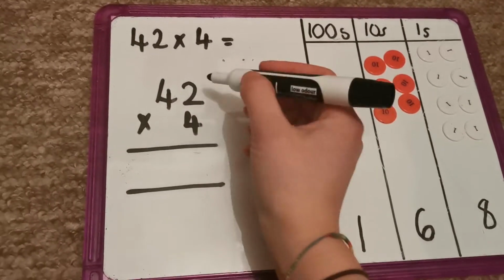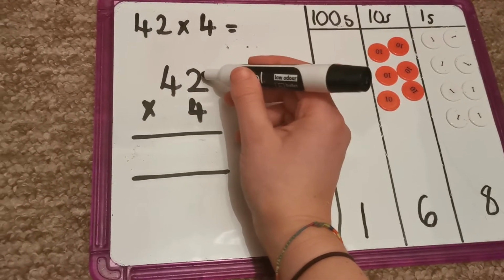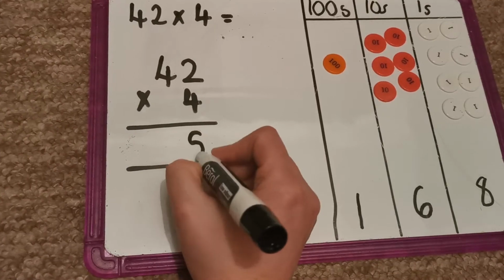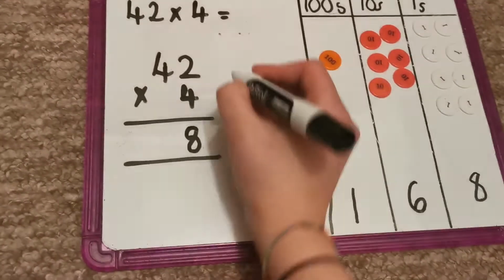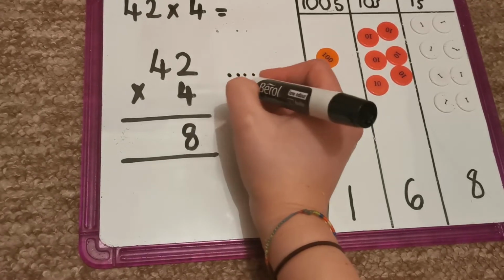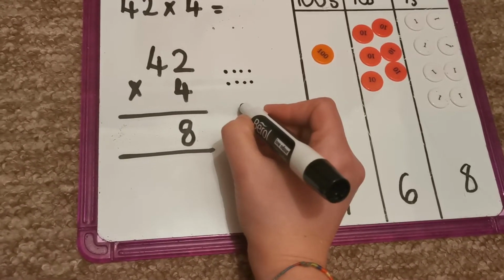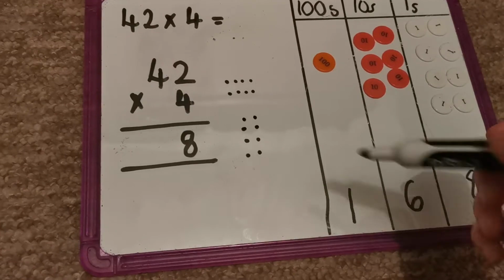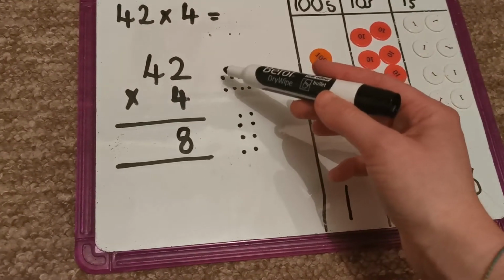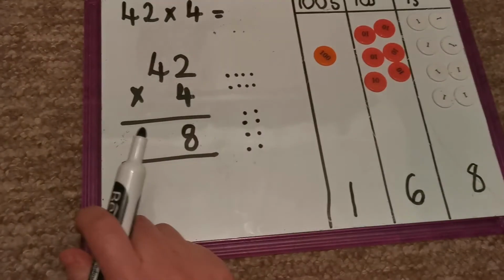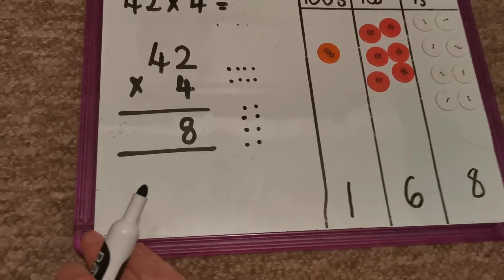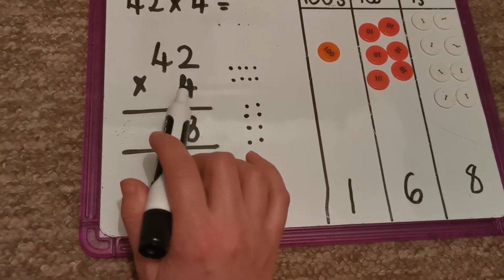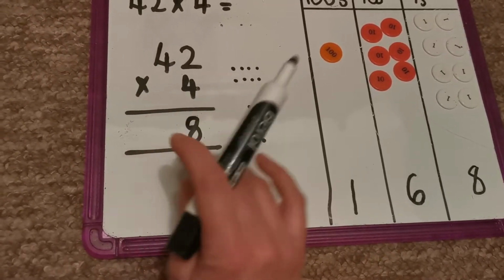Right, let's have a look at it over here. So this is the written method. Straight away I need to multiply the ones, so I need to multiply 2 by 4, which I know is 8. If you're not sure about that, remember 2 lots of 4 or 4 lots of 2 will get you the same answer. 2, 4, 6, 8, and then 4, 8. So I don't have to regroup my ones. This is where I will need to regroup. I know that 4 times 4, or 4 multiplied by 4, is 16,